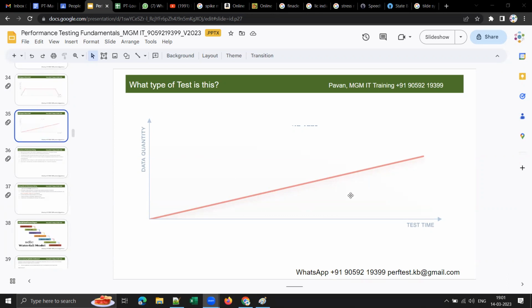They will ask you to draw the graph. They will ask you to share your screen, or get some pen and paper. Nowadays all are face-to-face interviews, so you will be carrying a CV, and on the back side of your CV, or on a bunch of papers they provide, they will ask you to draw some graphs. First, they will ask what different types of testing you have done in your project. Then you will explain load test, soak test, spike and stress, whatever you have done, and then they will ask you to draw the graph for each type of test. That is the reason I have added these graphs.